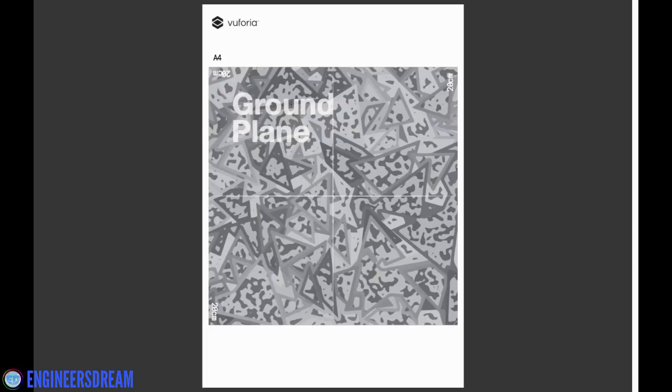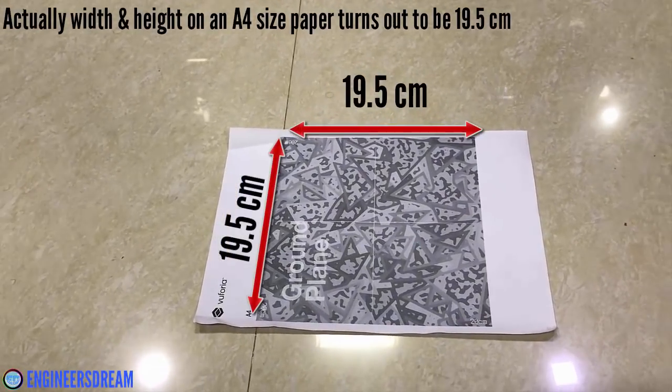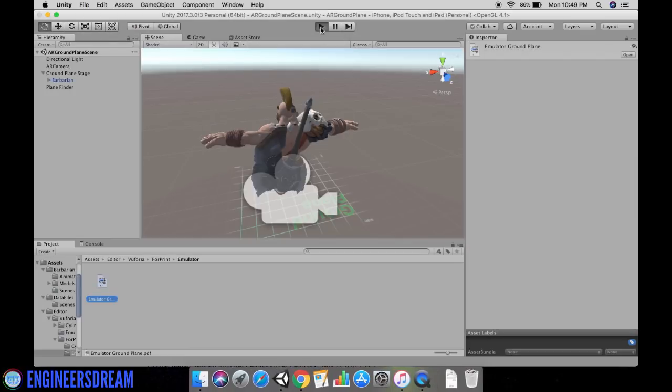So take a printout of this marker, and after taking the color printout, just measure the width and the height. The width and the height of this marker should be around 20 centimeters, okay? I have already taken a color printout of this marker, and the width and the height of this marker is approximately around 19 centimeters. So I'll close this, and next I'll click on the play button and let's check the